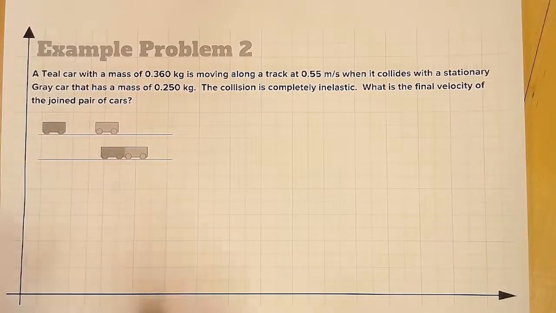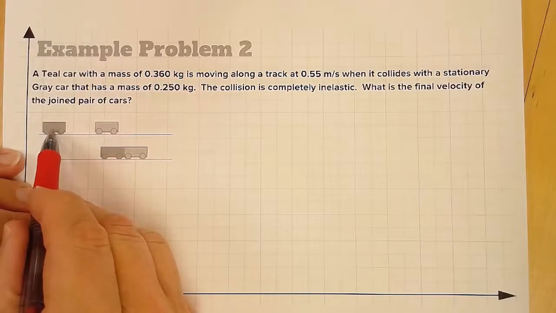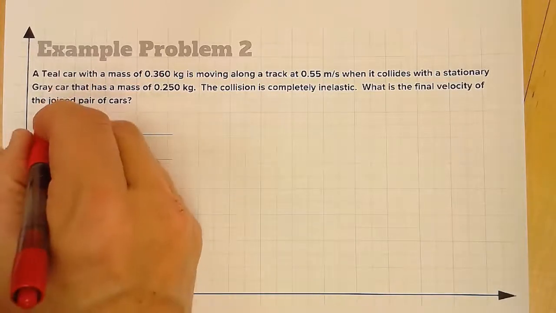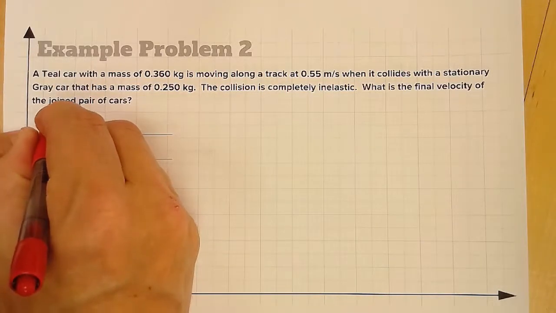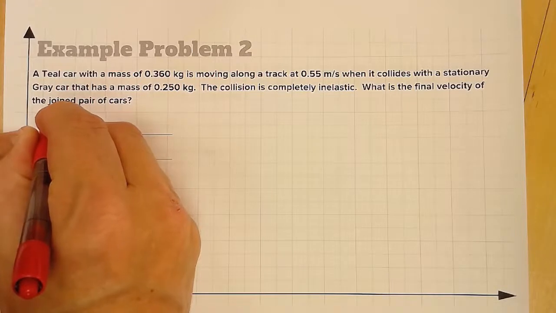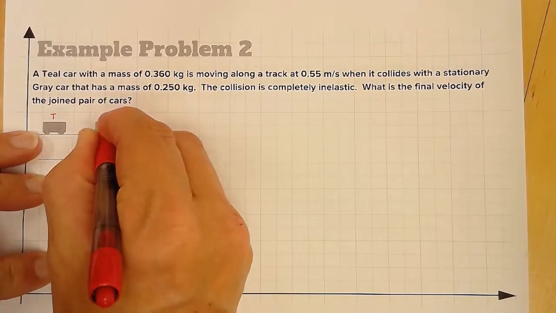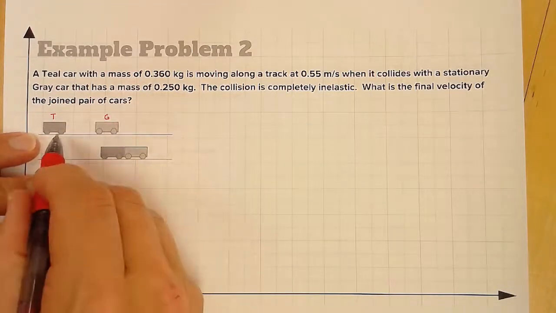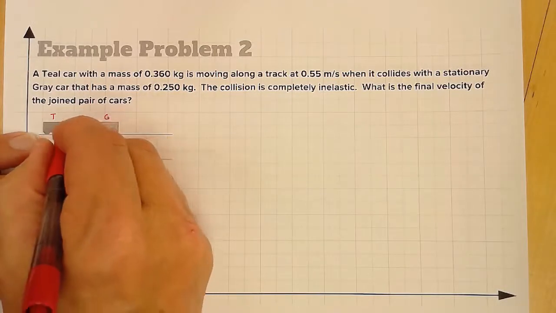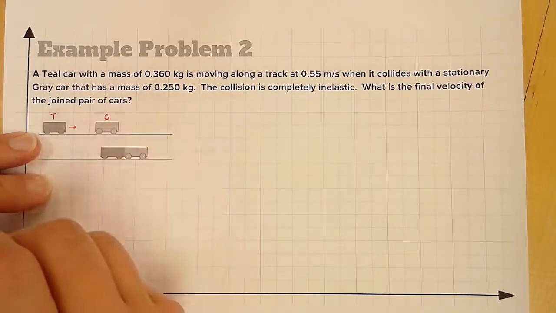Here's our second example. In this case, we have a teal car, which is moving. So I'm going to put a little T here to remind us this is the teal car. I'll use a capital T, and this is a gray car. And the teal car is moving along the track in this direction when it smacks into the gray car, and